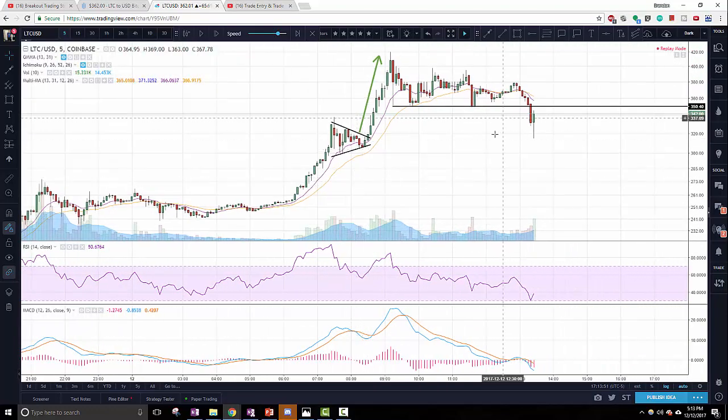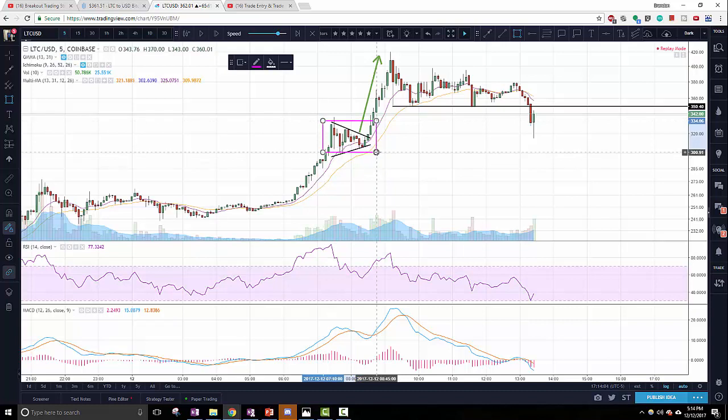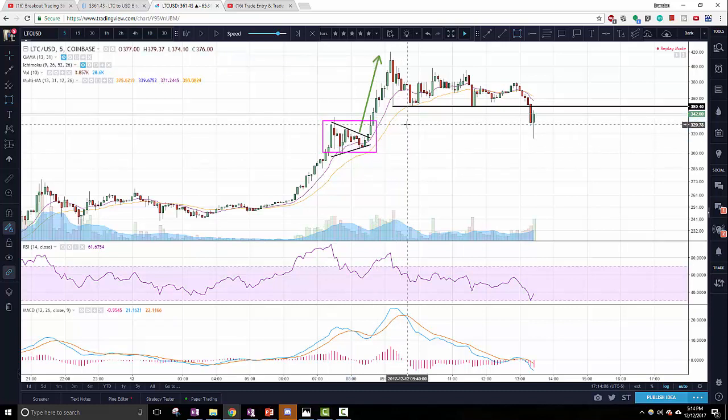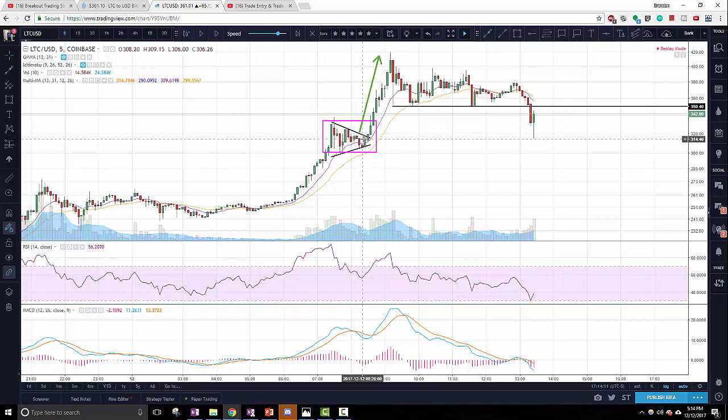I knew that we were most likely going to catch support somewhere around here. Why? Because this is the last breakout that occurred. Does that make sense? I hope that makes sense. If it doesn't make sense, post it in the comments. I'll most likely answer you. And what do you know? Look at that. Look at the crosshairs. We caught support right there as well. So I knew to place it somewhere around here. Then I went to the dome and I was looking for prices around this area. And what do I see? I see a massive wall at 315. So I put my buy order at 315.50. And I got filled. That's how it's done, people.